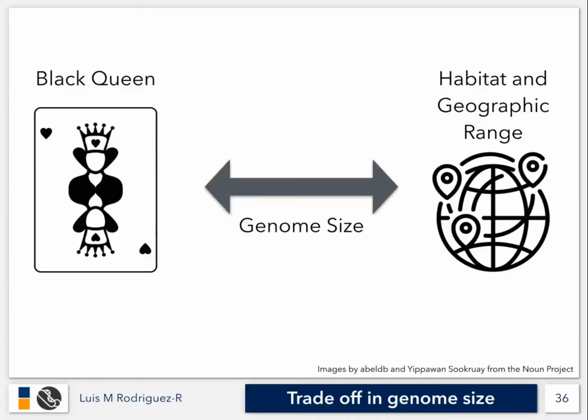The Black Queen hypothesis tells us that smaller genomes are better for organisms, because the smaller the genome is, the faster organisms can grow, and also the less energy they spend expressing functions that are not necessary in most cases. So microorganisms, prokaryotes specifically, have this very strong incentive to have very tiny genomes. But on the other hand, the more genes they have, the more functions they can perform, the more diverse their metabolism is, the more environments they can colonize.